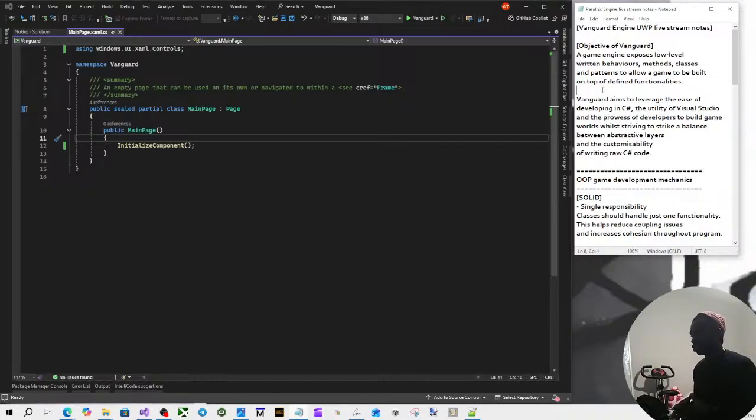So there's a new series. At the very least, Vanguard is going to be a reboot of the Parallax Engine series. I'm going to build a game framework from scratch. You're going to see that in this series. And at best, towards the best of the spectrum of what this series can become, I improve upon Parallax Engine,